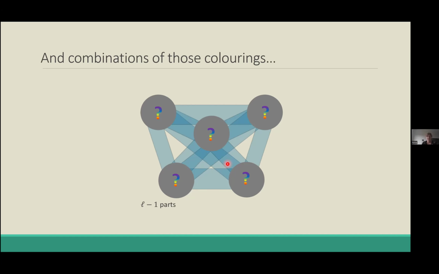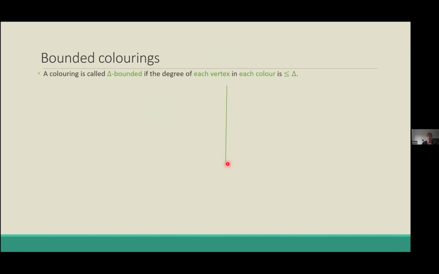Okay, so let's have a look at this bounded degree setting. So just as a reminder, a coloring is called delta bounded if the maximum degree in each color is delta. And in these colors, we want to find a rainbow copy of KL. So let's see first how this works in complete graphs. In complete graphs, it's actually very simple. So we claim that in a delta n bounded coloring, where delta is a sufficiently small constant, you can find a rainbow KL copy, but actually more strongly, most KL copies are rainbow.